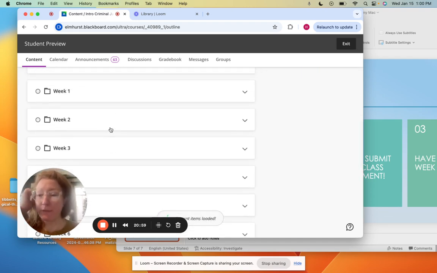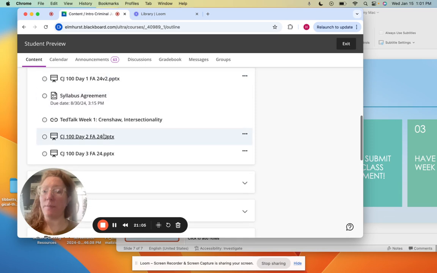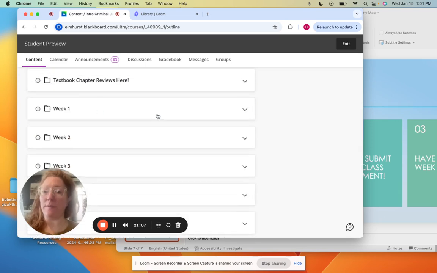The PowerPoints are available before each class. You just click on the week and then you'll see all the PowerPoints for that week are available. The only caveat would be if someone is discussion leader and you liked something on their slide, that's their intellectual property. It's not mine. So even if it's incorporated into class discussion and class lecture, that would not be something I share with you. But all my PowerPoints are available to you.